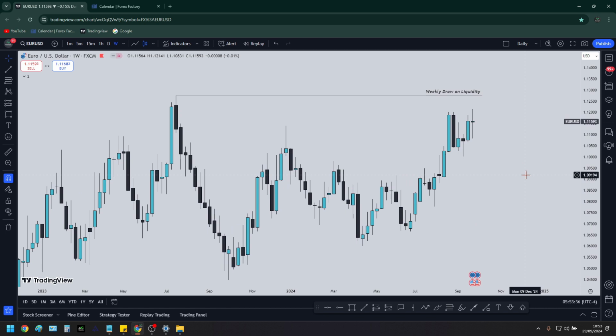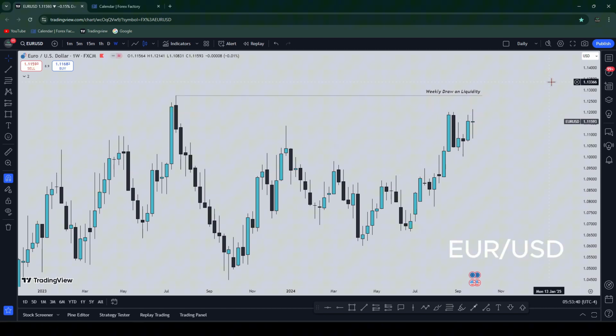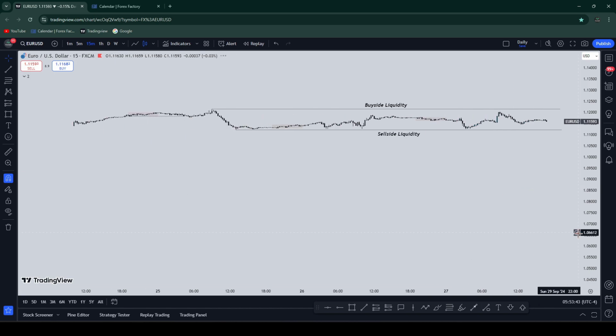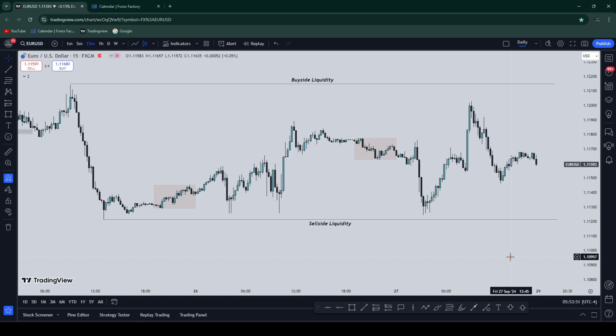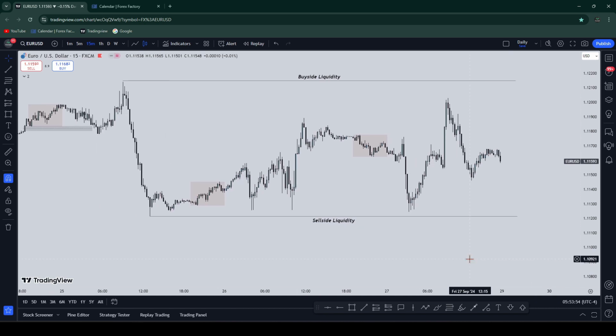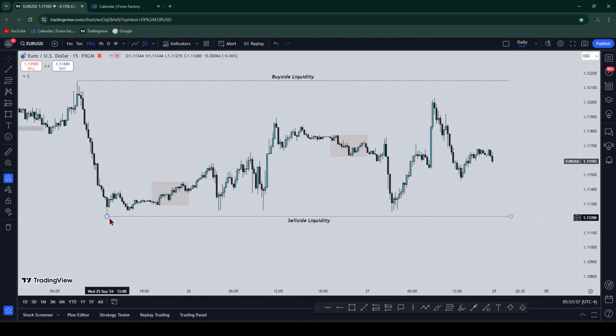Starting on the Euro USD, the pair I trade. First of all, let us just go to the 15-minute time frame. In my latest two videos from Friday, I said that we were most likely going to take this liquidity here, this sell side liquidity, and we didn't, which is definitely strange. I was pretty sure we would do that on Friday. I wasn't thinking that we would leave this for next week, but we did. That's completely fine.